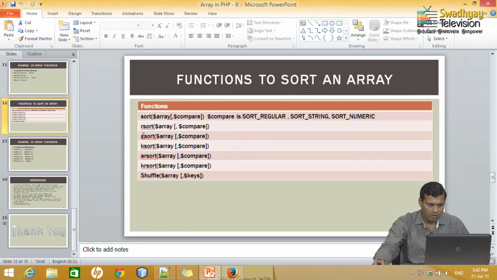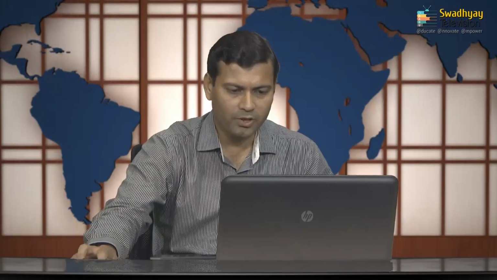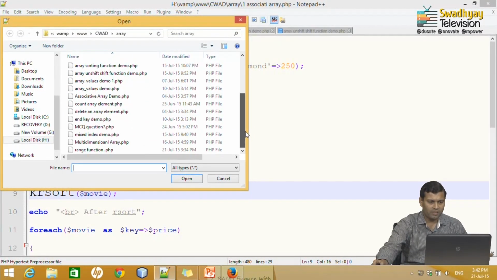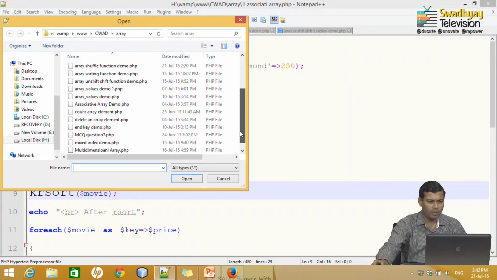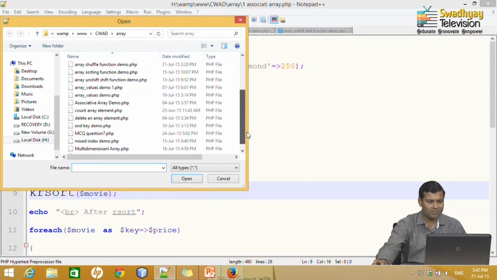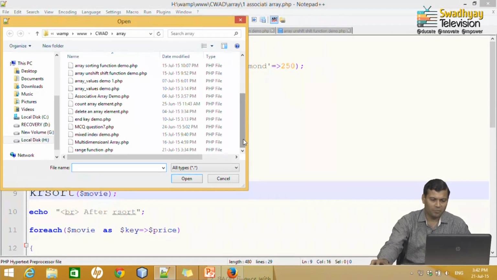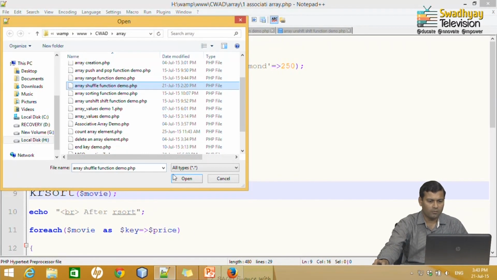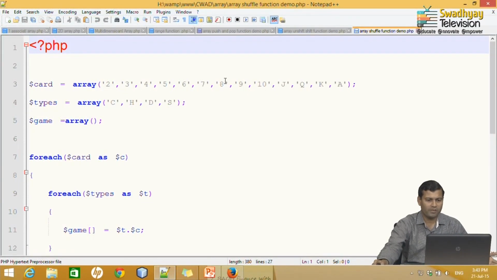In the same way, there is sort, which again sorts the array in ascending order of value, ksort, krsort and one more function, called shuffle. So, that will shuffle the values in random order. Say for example, let me show you one code for shuffling an array. I think you all are aware of playing cards: when you play with playing cards there are a total of 52 cards, each category has 13 cards. These categories are club, heart, diamond and spade, and you have 2, 3, 4, 5, 6, 8, 9, 10, then